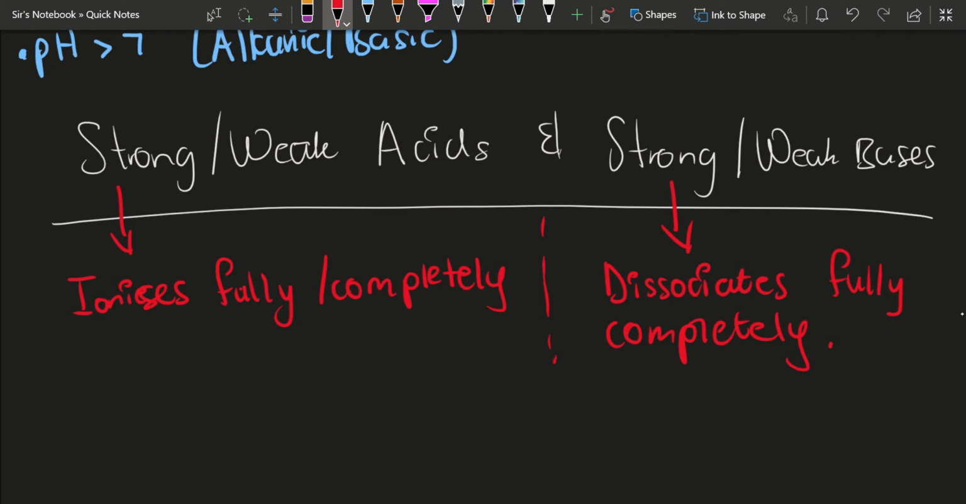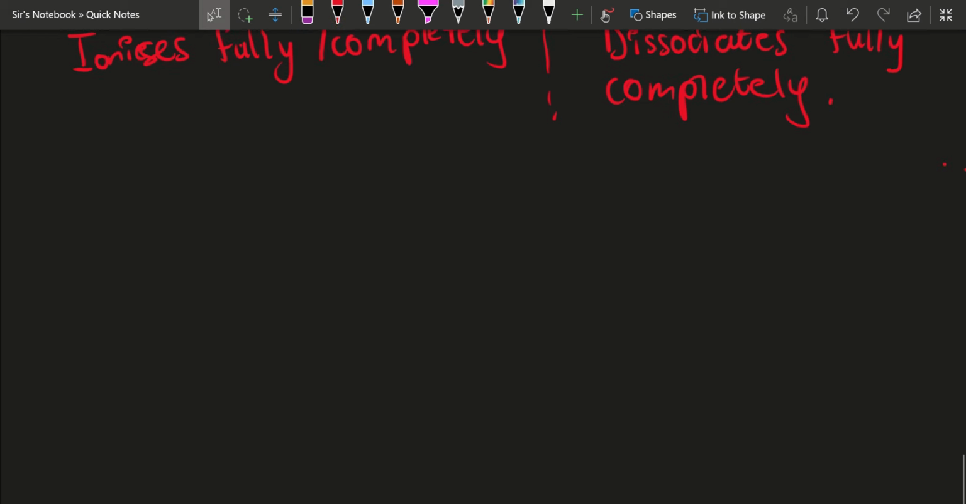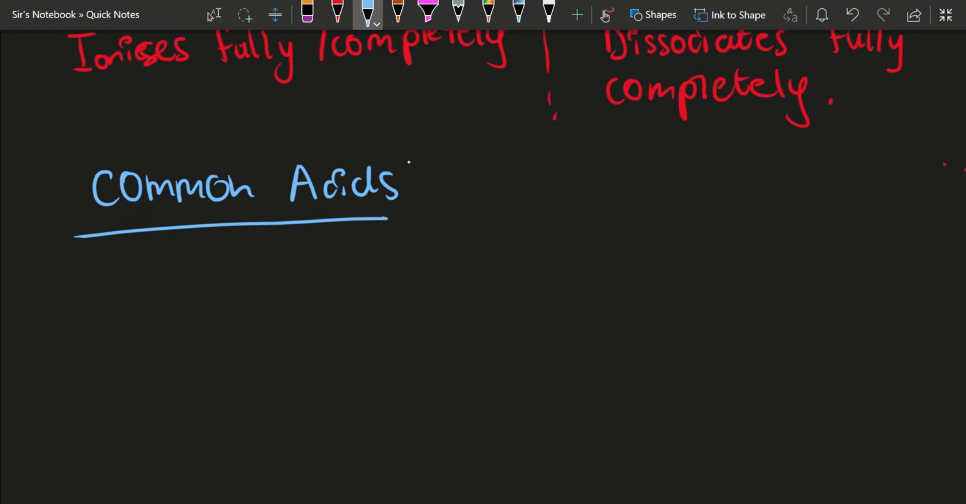So we have different types of weak acids and strong acids and weak bases and strong bases, right? So if we look at our common strong acids, common weak acids, common strong bases and common weak bases, if you look at our common acids, we will talk about HCl,